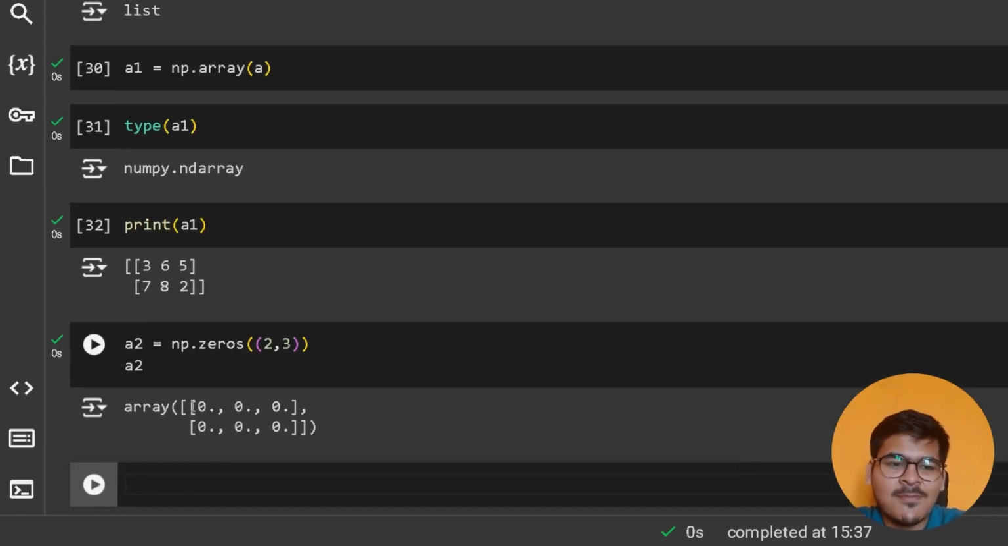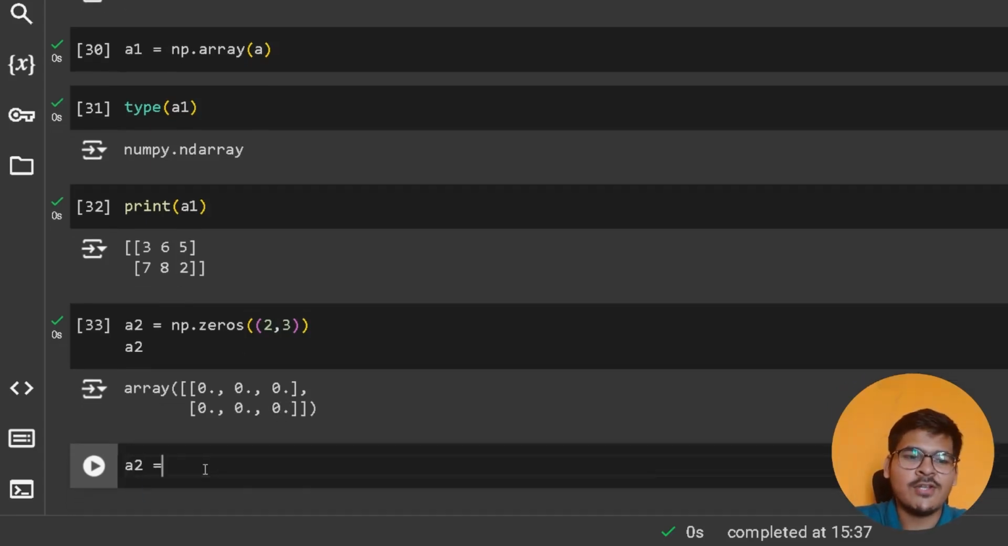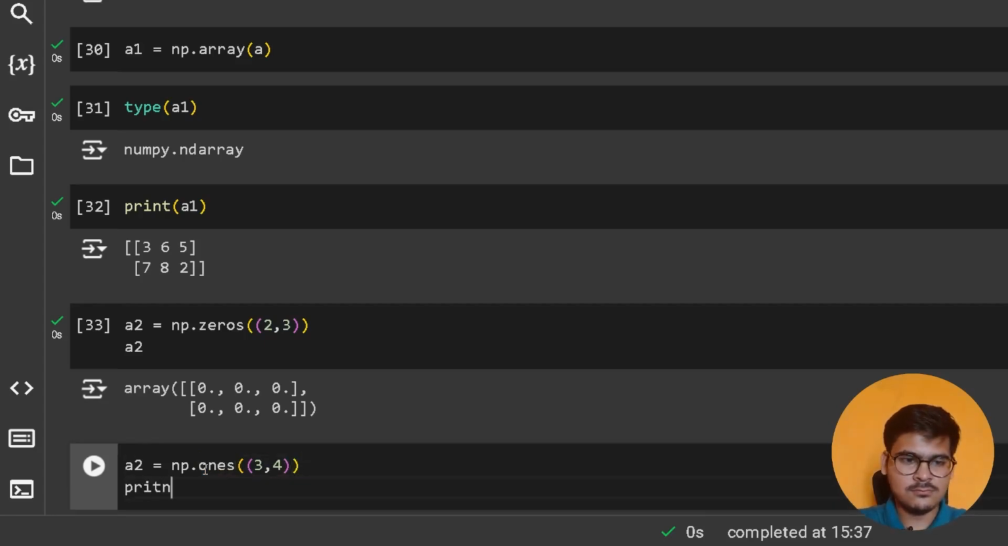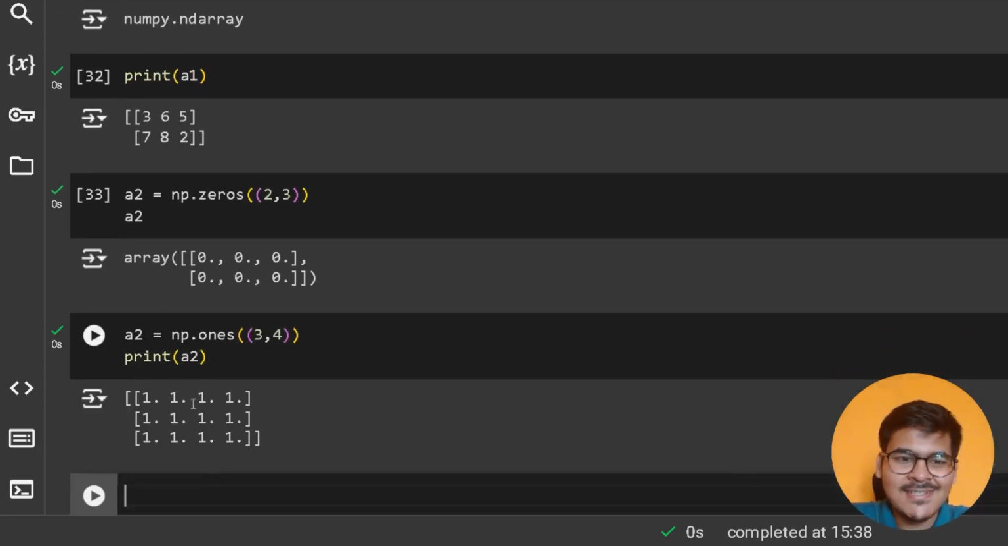and if I print A2, as you can see, it's a NumPy array of 2 cross 3, 2 rows and 3 columns each, all initialized by 0. And if you do A2 equals np.ones, again a tuple of 3 comma 4, and if you print A2, as you can see, 3 rows each having 4 columns, so a 3 cross 4 matrix, each initialized with 1,